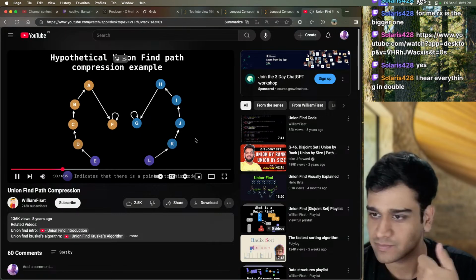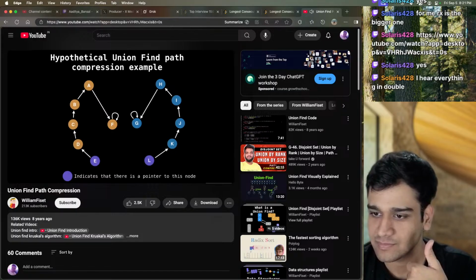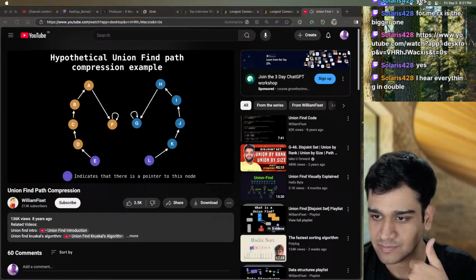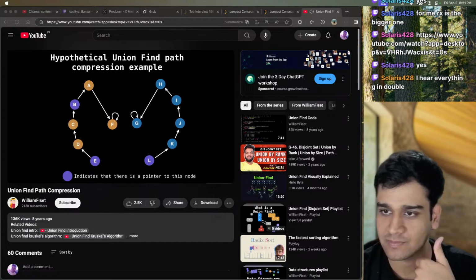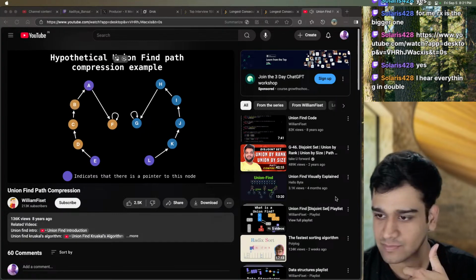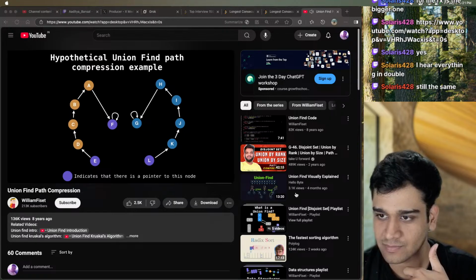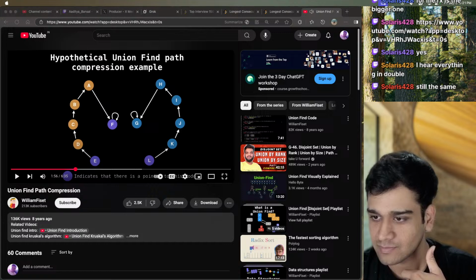But with path compression, we do that, but we're also going to do something else. So let's start by finding the parent node of E. So E's parent is D, and then D's is C, C to B, and B to A, and then A to F. So we found the root node of E, but with path compression, here's what we're going to do. Now that